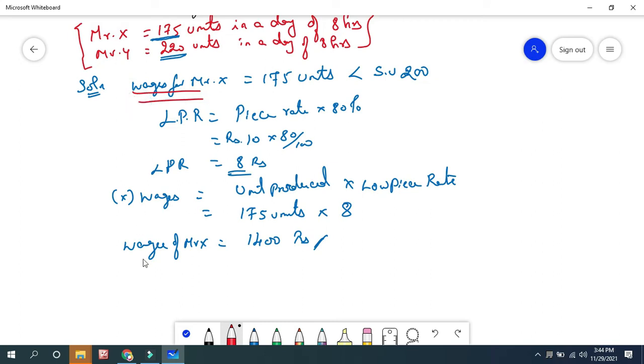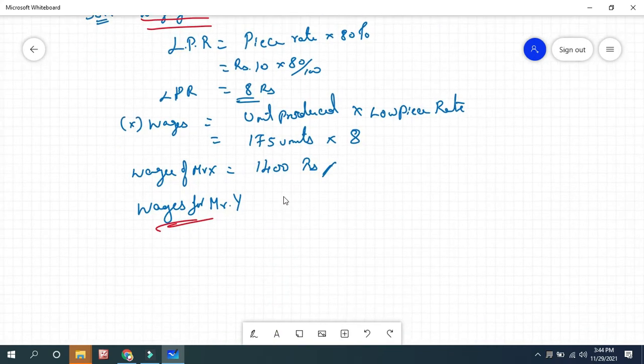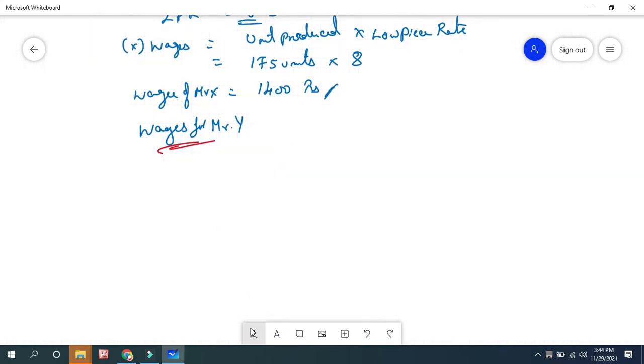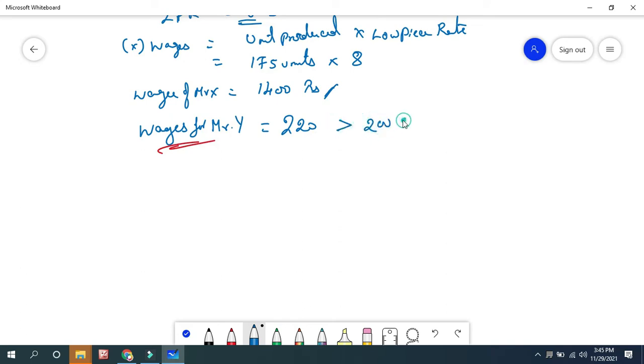So we finished wages of Mr. X. Now we are going to calculate wages of Mr. Y. Now the same formula. First we have to know how many units the worker Y produced. He produced 220 units, which is greater than the standard units of 200, right? Then we are going to apply the high piece rate. So for high piece rate, the formula is piece rate